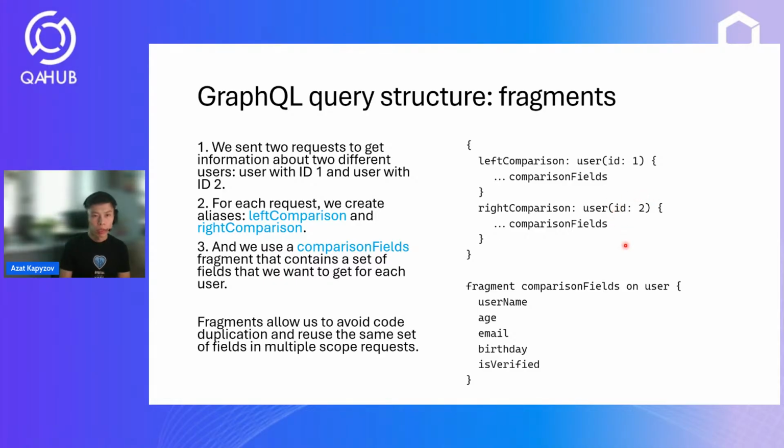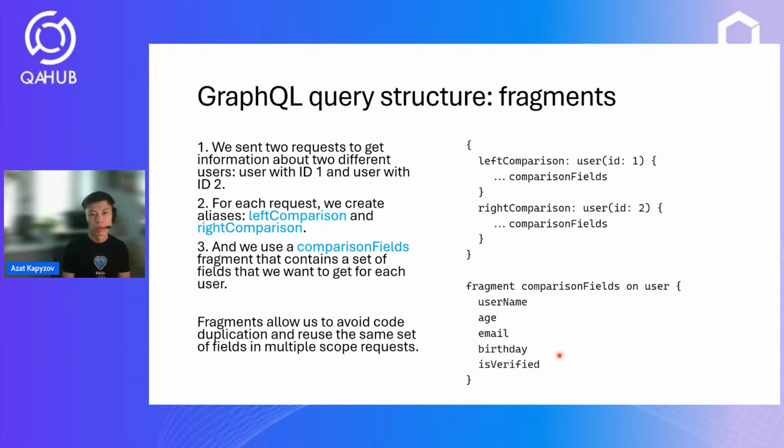For each request, we create aliases, left comparison and right comparison. And we use a comparison fields fragment that contains a set of fields that we want to get for each user. So fragments allow us to avoid code duplication and use the same set of fields in